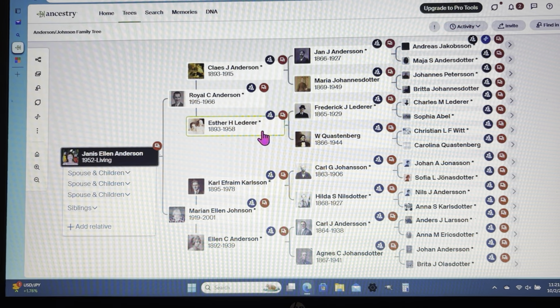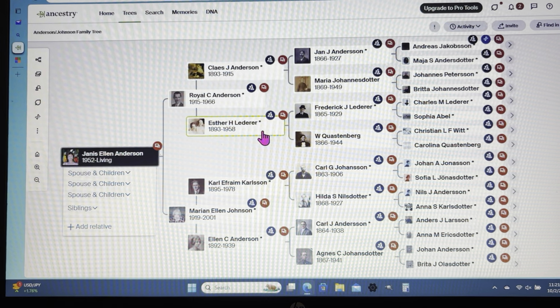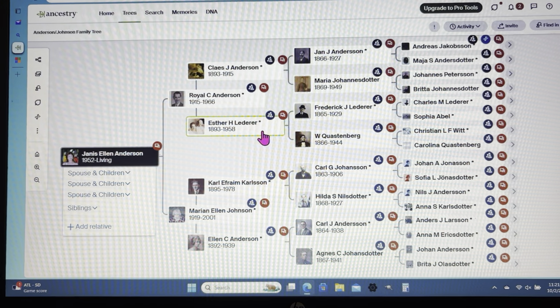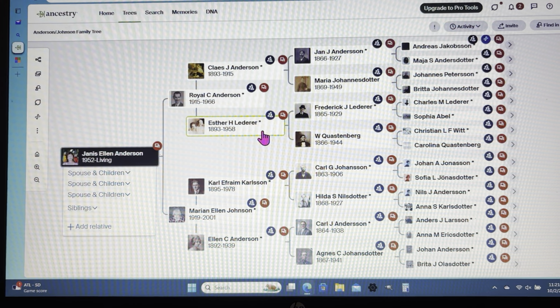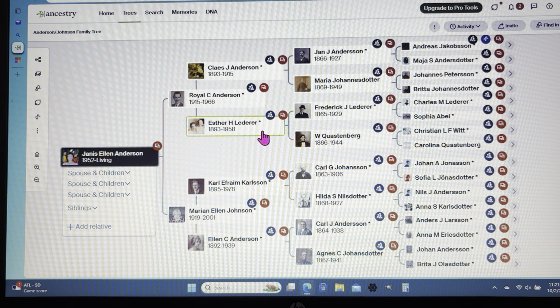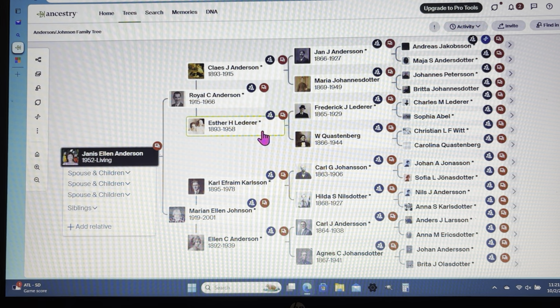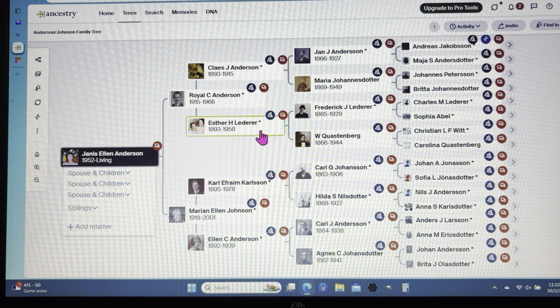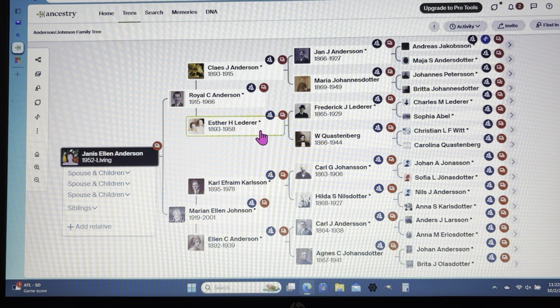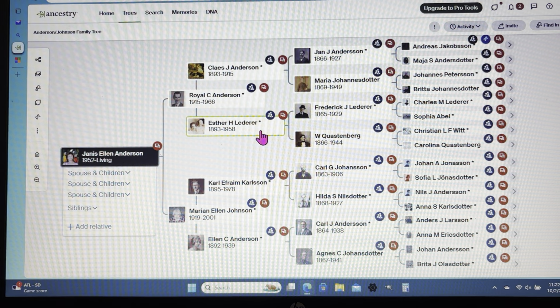And in 1923, Esther married a second time. It was not a good choice. He was a bit of a dandy, from what my father used to say. He was somewhat of a traveling salesman. He was kind of a shifty guy from my father's point of view, and my father would have known him as a very young child, because in 1923 he would have been 7, 8, 9 years old, maybe up to the age of 10, when I believe Esther finally divorced her second husband. And in her file, there's some interesting information about the divorce and the carryings on.